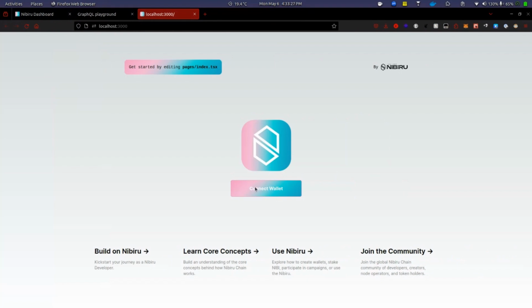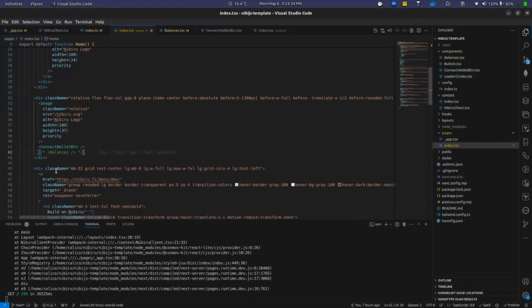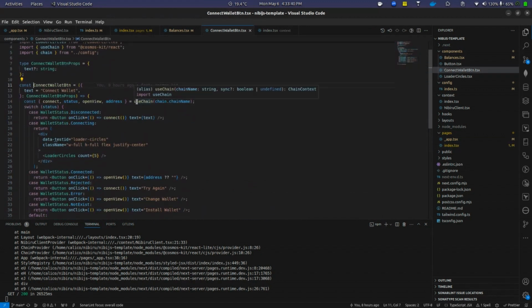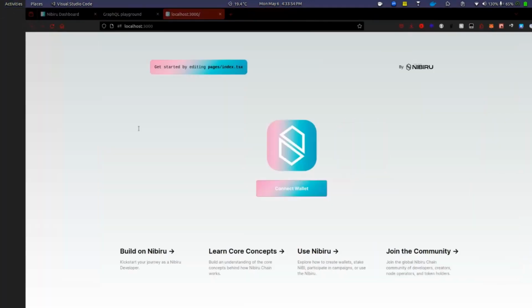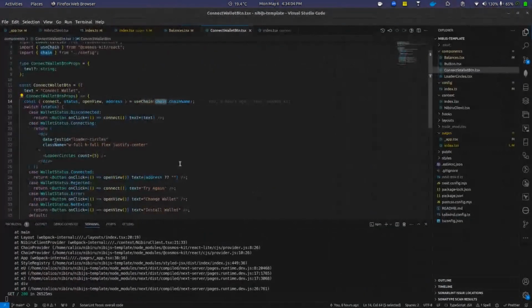So in this example, this is where we have this function over here, which we can get from the pages connect wallet button. It's a custom component that we created that interacts with the Cosmos Kit. So the Cosmos Kit has a hook called use chain, where you specify what chain you want to connect to. You could add multiple chains, but for our example, we only want to connect to the chain that we pre-configured, which should be testnet 1. So if we trigger this button, this will trigger the Cosmos Kit modal. And now let's see it. And there we go. And we see that we have connected automatically there. So now that we have that,